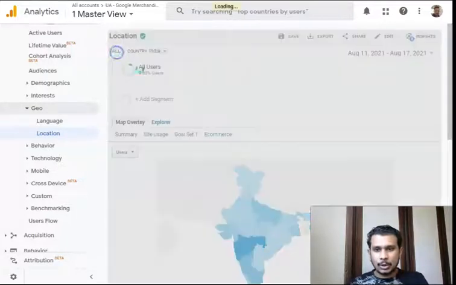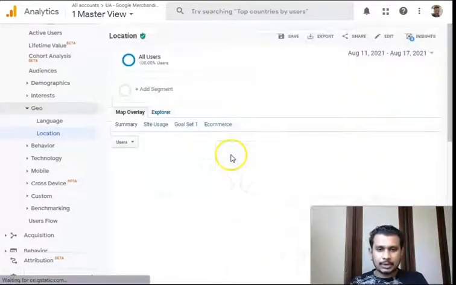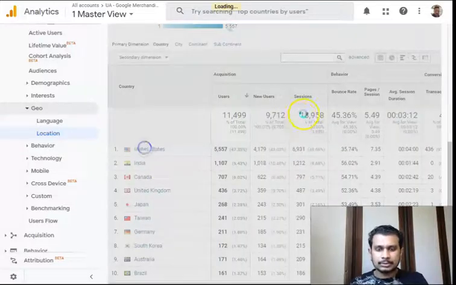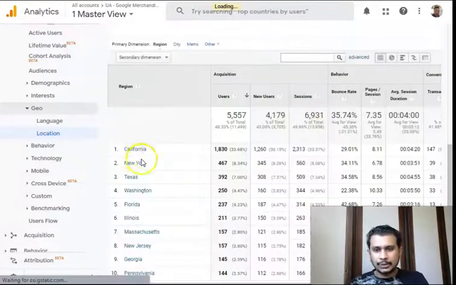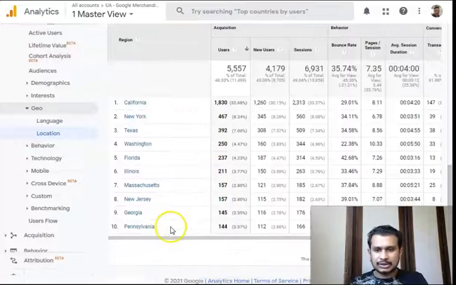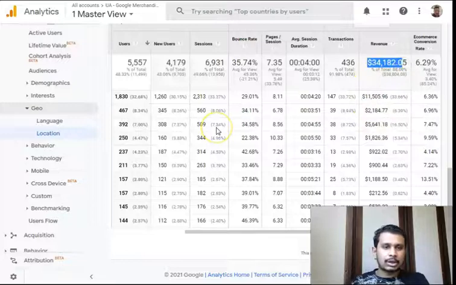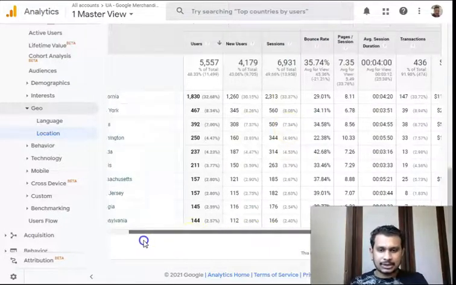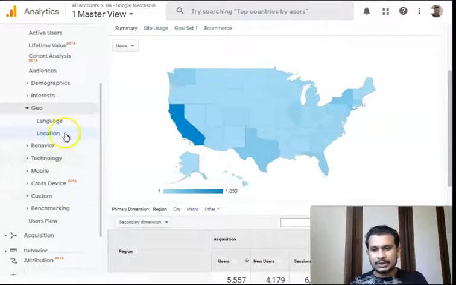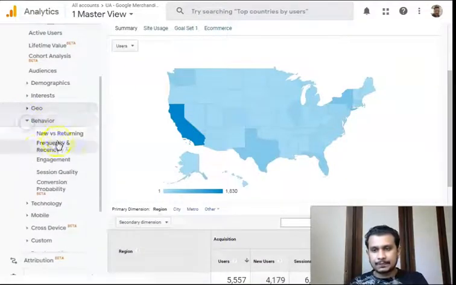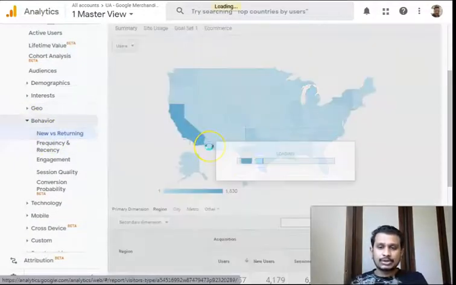Let me change to all, and we can just find out the US country. We can click on US, and you can see from California, New York, etc. You can see people have purchased. Okay, so the total revenue is $34,000. Now after this we can find out the behavior of these people, like new versus returning,